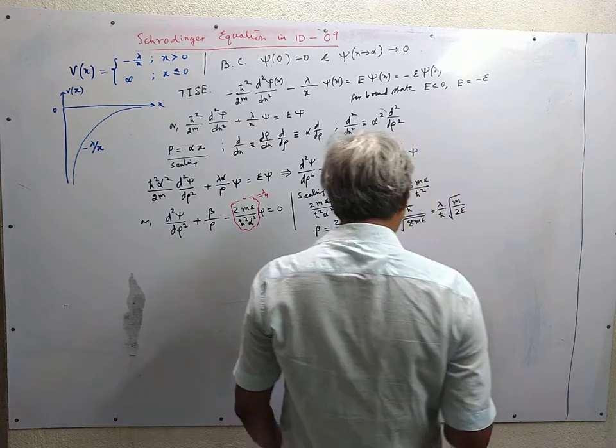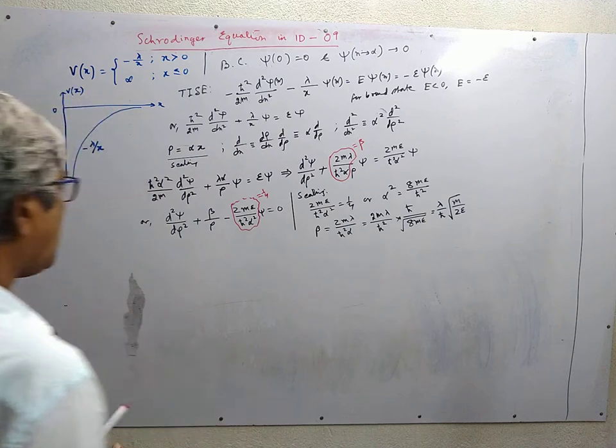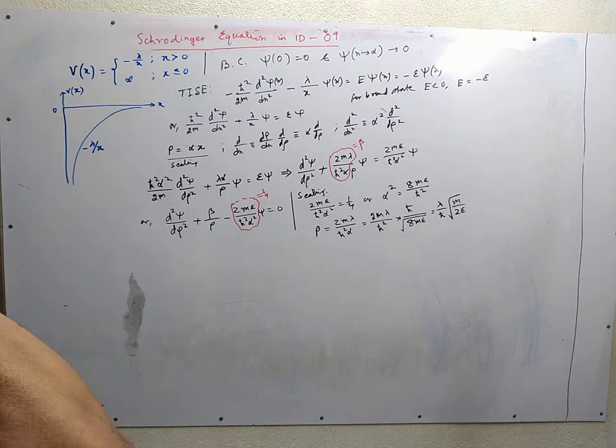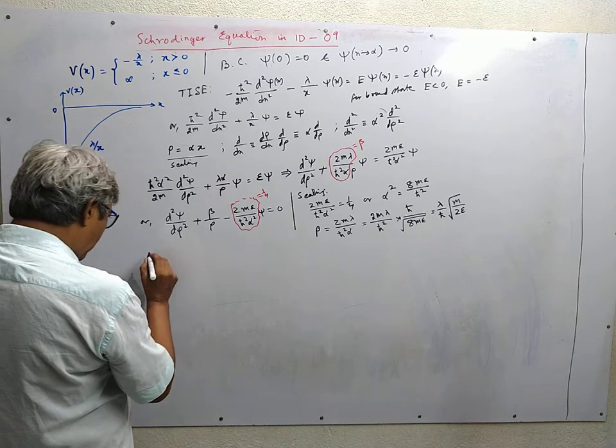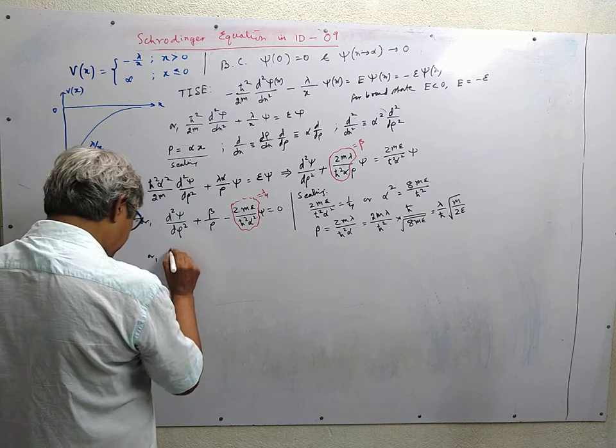It is the value of beta. So the equation now simplifies to